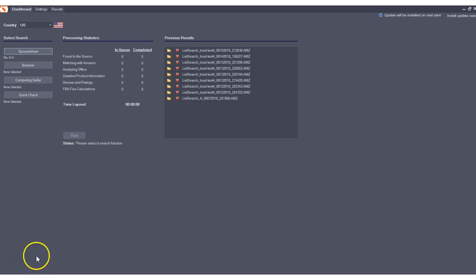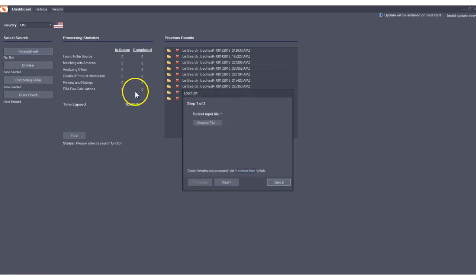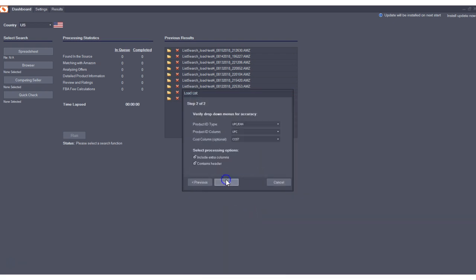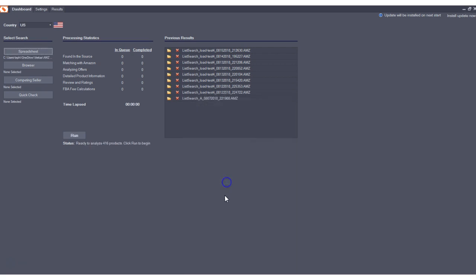To show you the next update, I'm going to run a spreadsheet. You'll notice we actually have a slightly different user interface here, but it's generally the same idea. You select a file. Now you click Next, and you select your options here. You load the file, and the status tells you that it's ready to analyze the products. So when I click Run now,